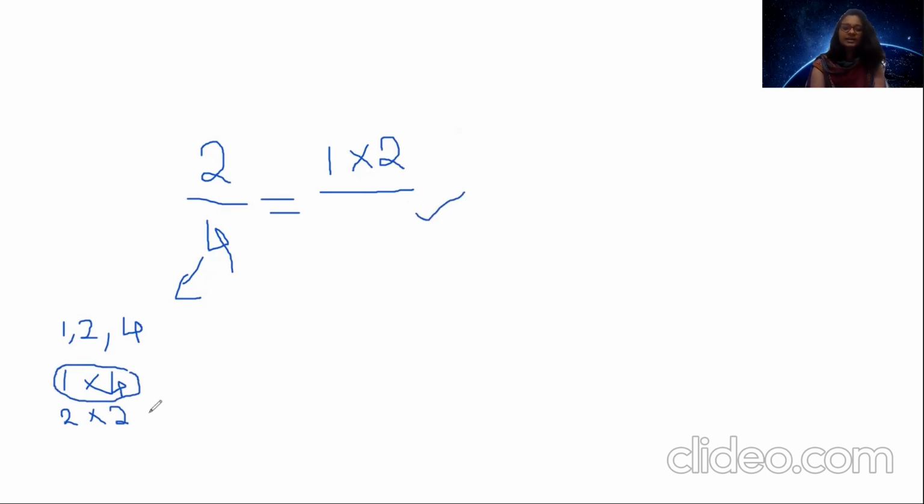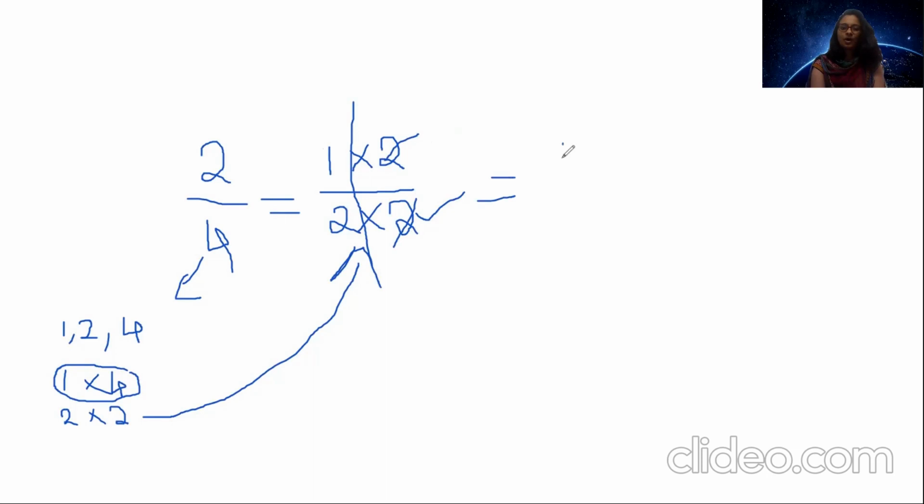So I will take 2 into 2 and I will write here. So 2 into 2, I will write here. So now it looks like two fractions have come, there is a 1 by 2 and a 2 by 2. We know what 2 by 2 is. I will cancel it out and it is nothing but 1. So the answer is 1 by 2. I hope everyone has understood.